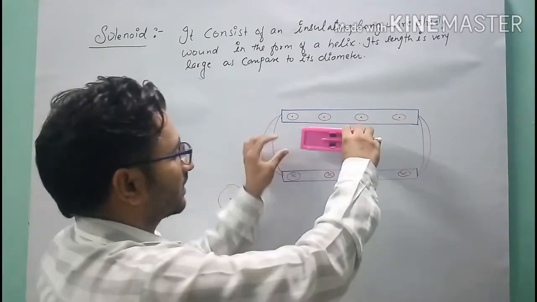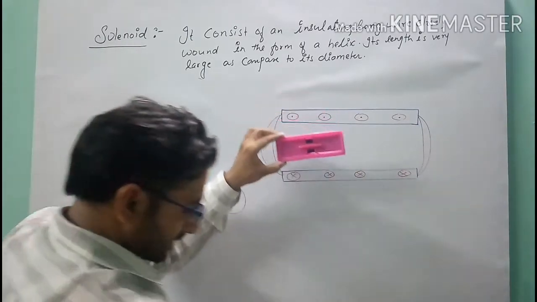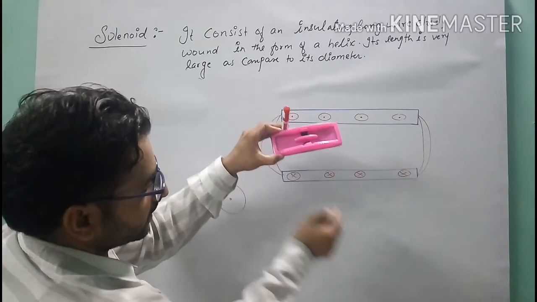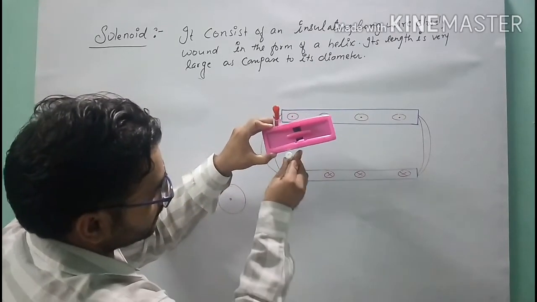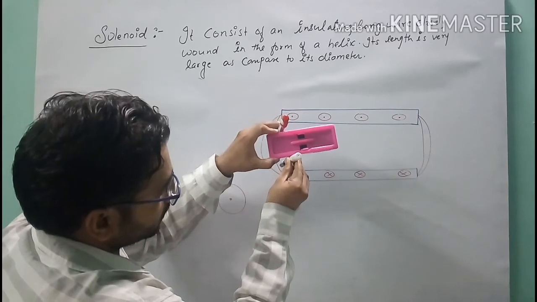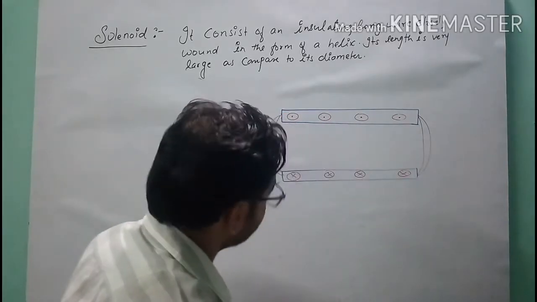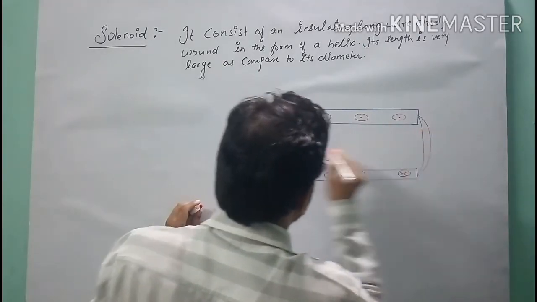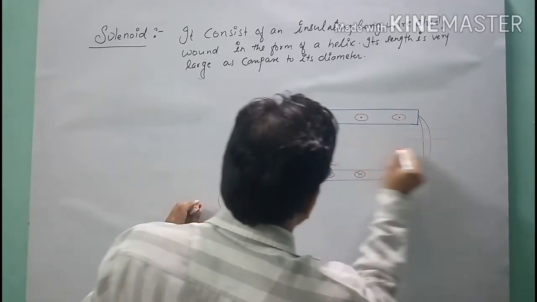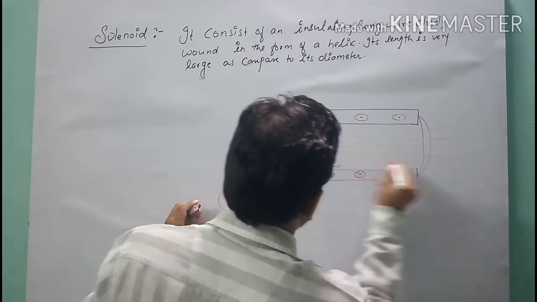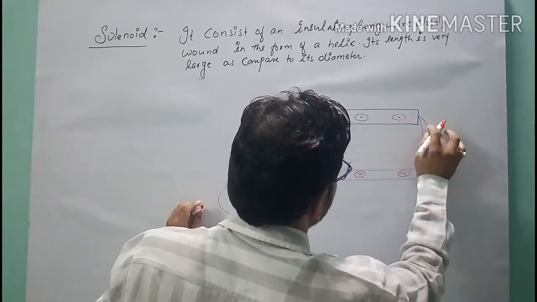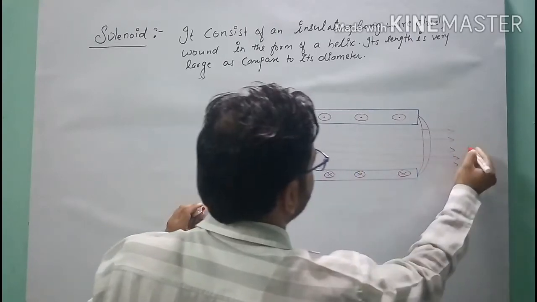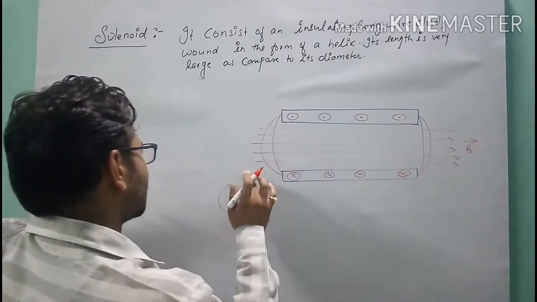Suppose this is our diagram, and the magnetic field lines will come out at this corner perpendicular in the outward direction, and after turning it will go down like this. Clear? Like that it will go down. So this is the direction of the magnetic field lines which you will show. In this diagram the direction of the magnetic field is represented by this. Is the point clear, students?